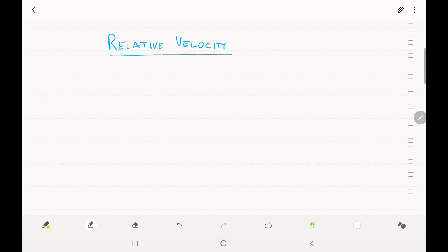Now we look at what we call relative velocity. So that's the velocity of object A with respect to object B. So let's consider that you're at the airport and you see this platform, the moving platforms, which take people normally